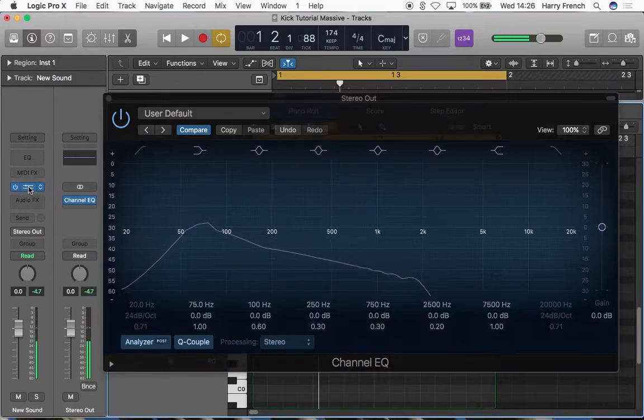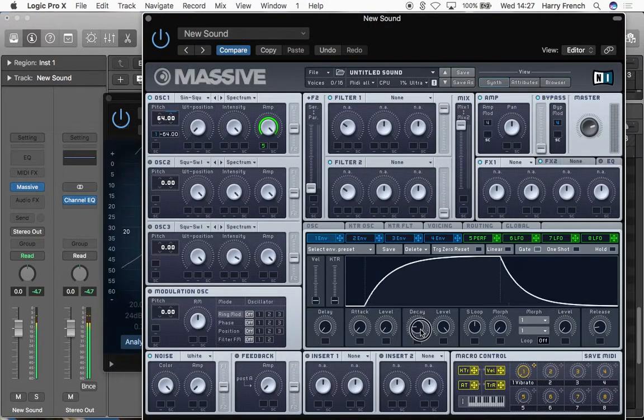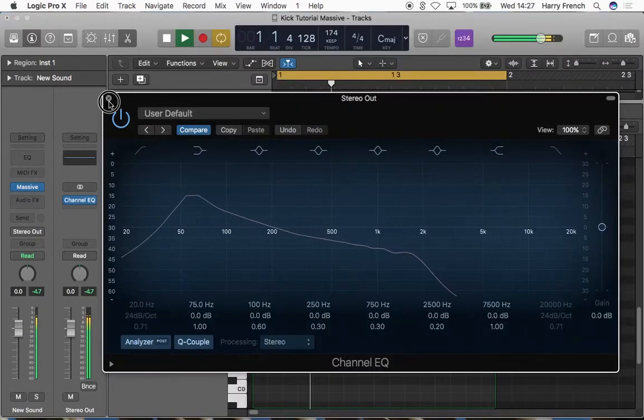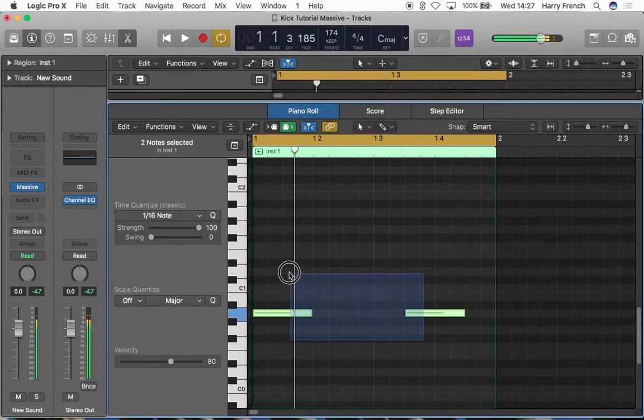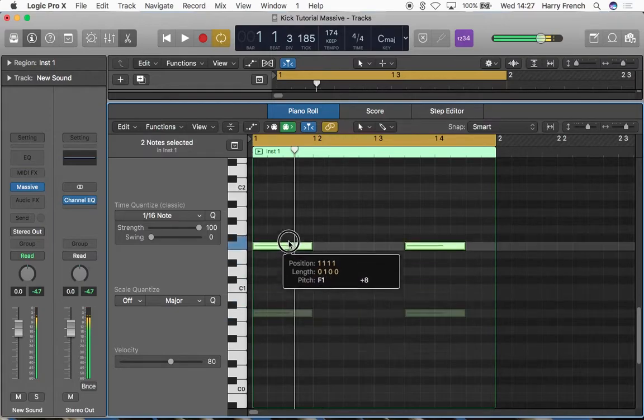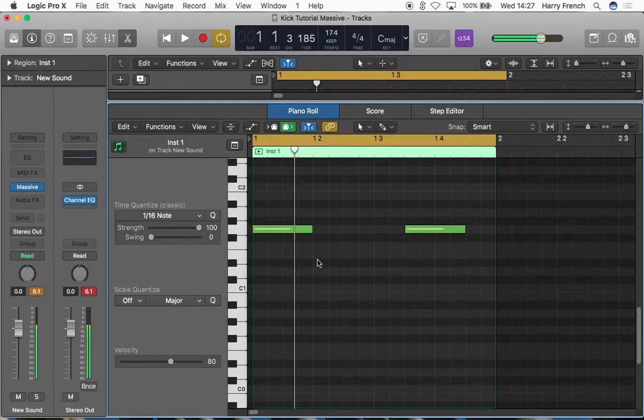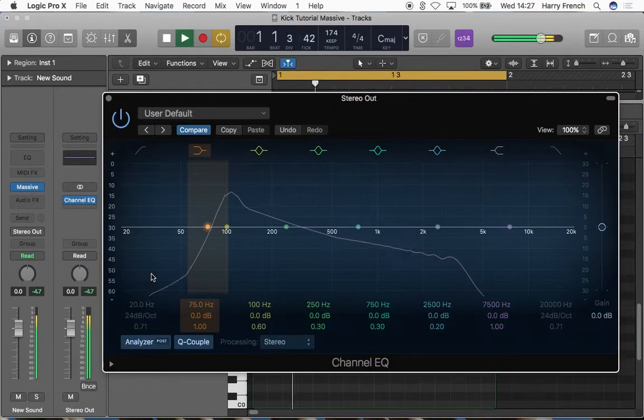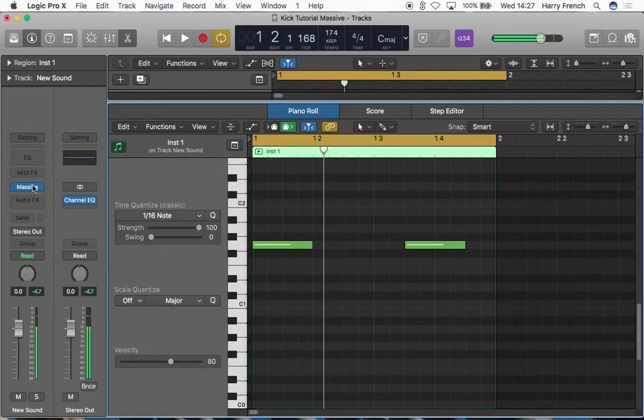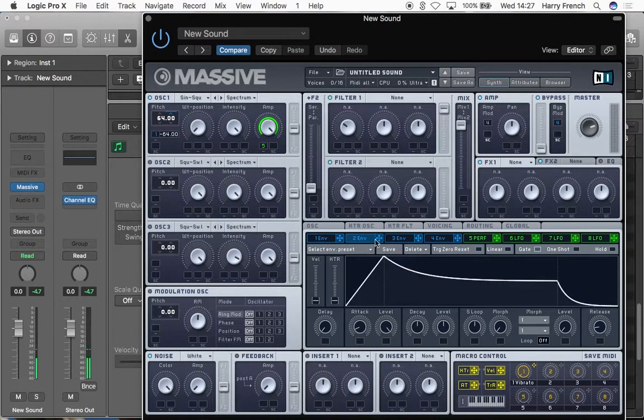So that's starting to sound like a kick drum, but it's not really close enough. I'm going to bring it up an octave. And now I'm going to use a second envelope, envelope 2, to even further modulate the pitch down another octave